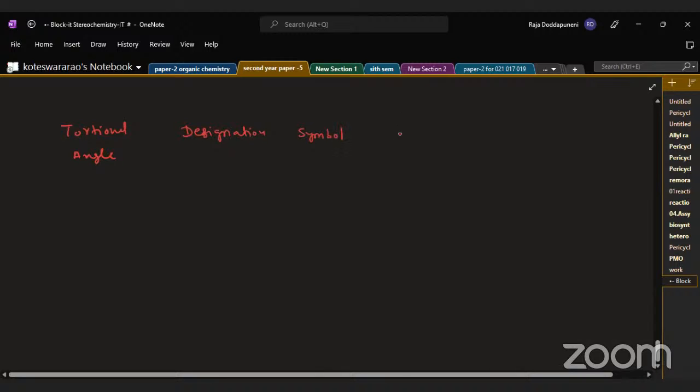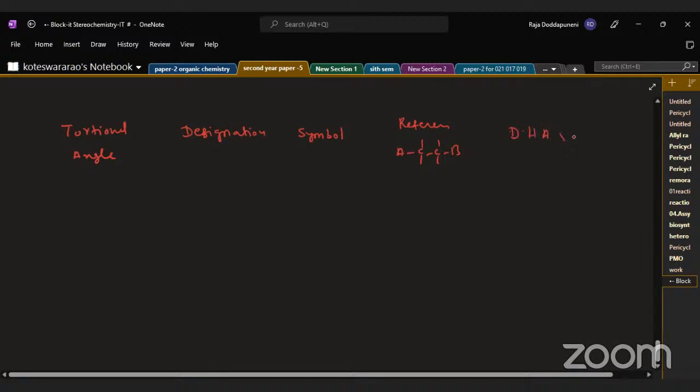References: we are using some compound reference. Now the dihedral angle